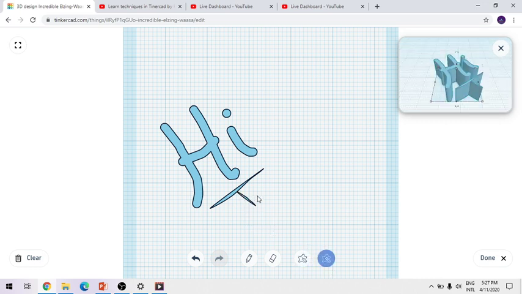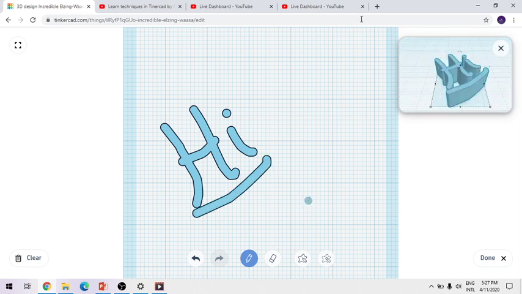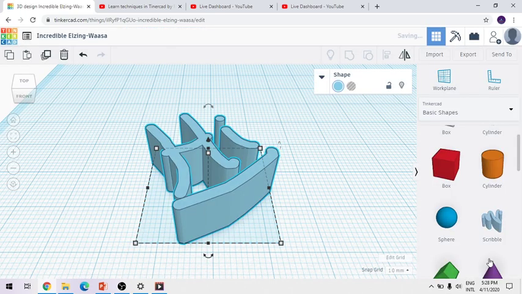Okay, again if you want to do some editing, you can do some editing here. And there is one rubber also, an eraser, through which you can erase the design. So this is simply like paint, but through this you can create your own 3D writing or 3D objects. So I have written here "hi", and I will click on done,